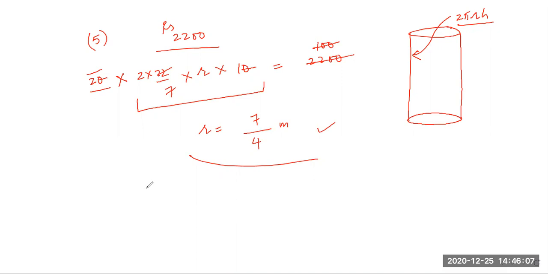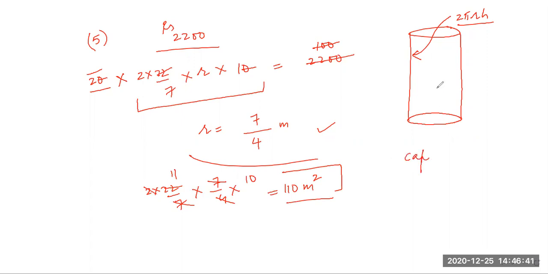Inner curved surface area will be 2 into pi into R, 7 by 4, into H. H is how much? 10. This is the answer. 7 cancels with 7, and then 4 will cancel with 2, and 11. So this is 110 meter square. Is it right? Inner curved surface area we got. Then radius of the base, radius of the base also we calculated. Then capacity of vessel. The capacity of vessel means